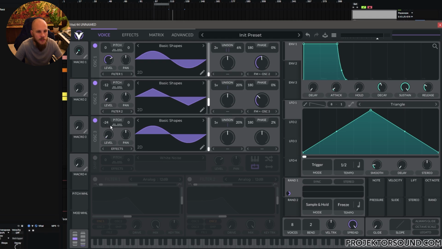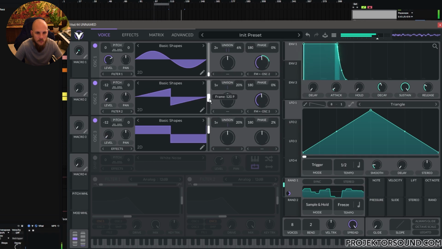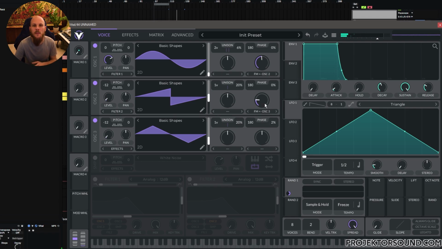Maybe let's do something like -2 octaves over here. You can even imagine that modulating some of these parameters like this FM amount over here in this particular setup